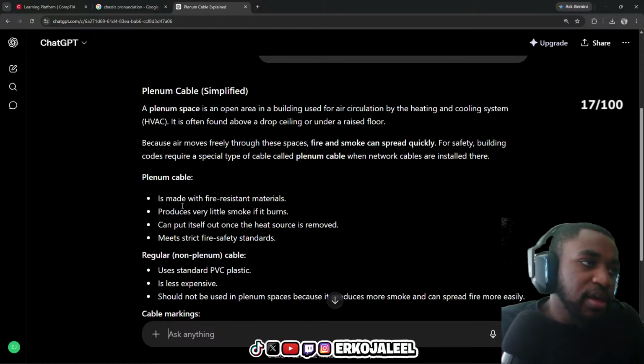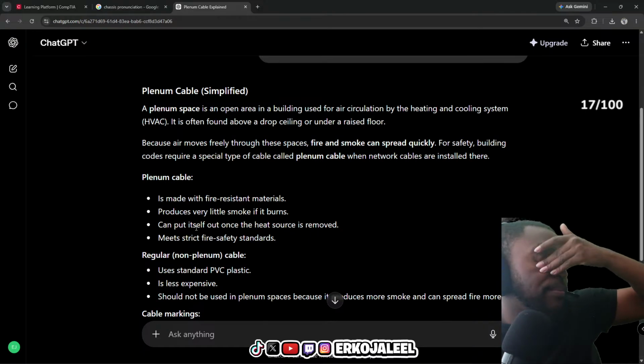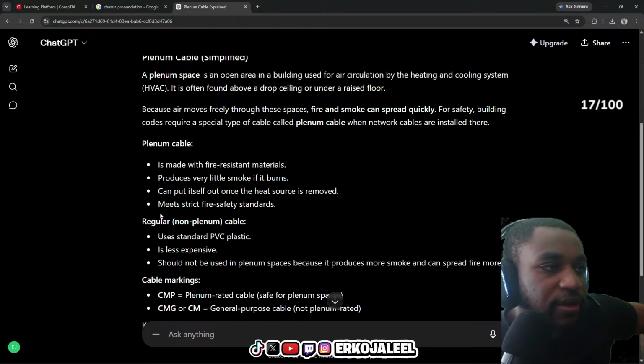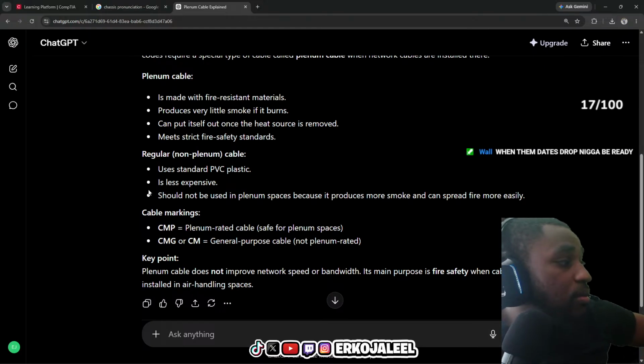Plenum cable is made with fire-resistant materials, produces very little smoke if it burns, can put itself out once the heat source is removed, and meets strict fire safety standards. Regular non-plenum cable uses standard